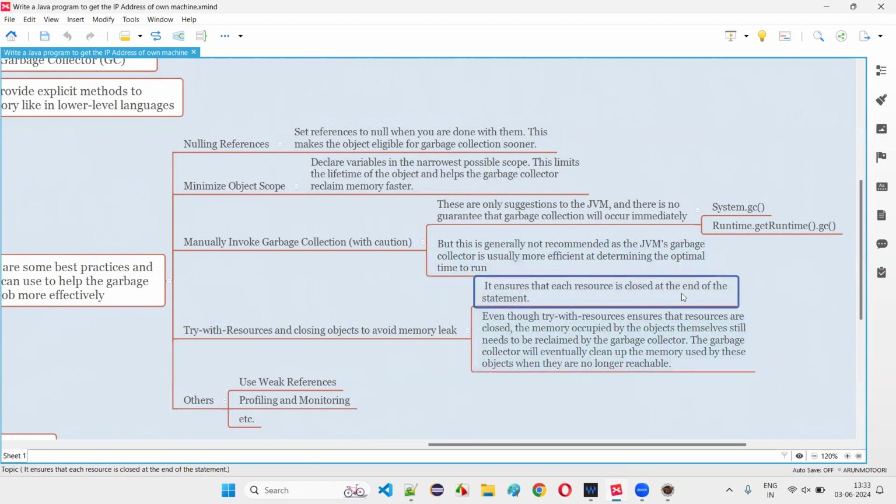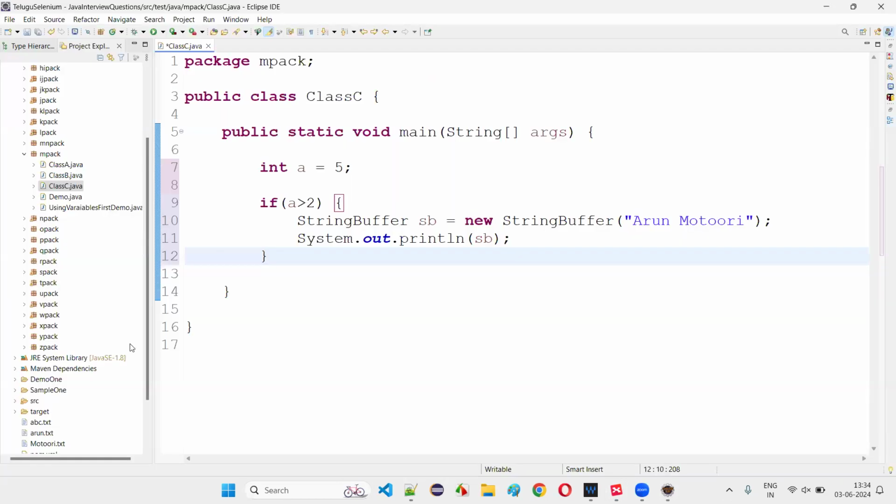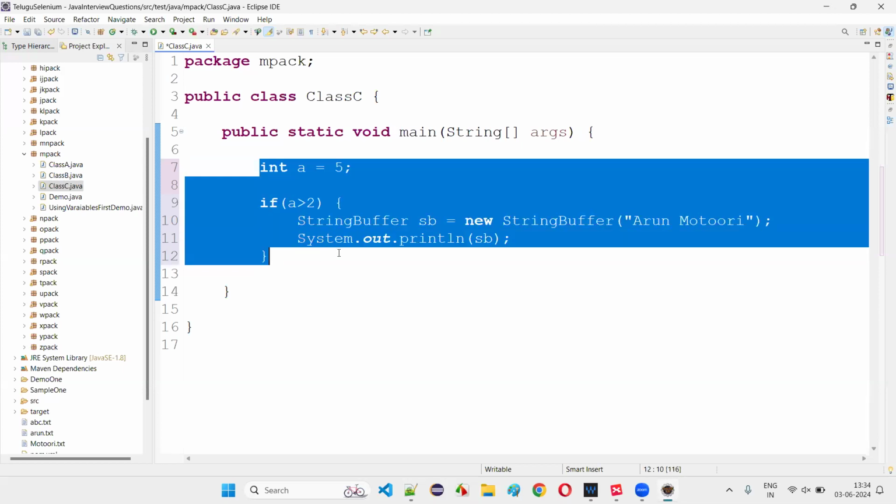It ensures that each resource is closed at the end of the statement. Even though try with resource ensures that resources are closed, the memory acquired by the objects themselves still needs to be reclaimed by the garbage collector. So what will happen with try with resources is that when you close the object, or for example, here